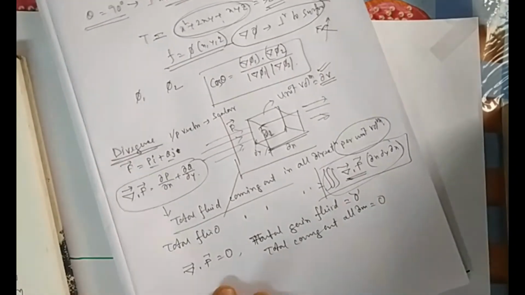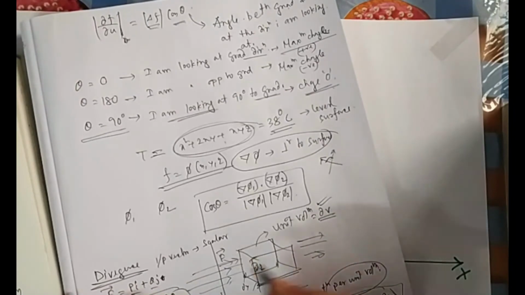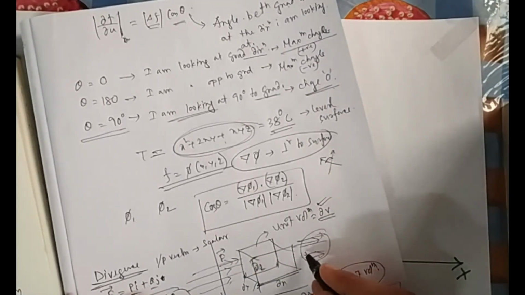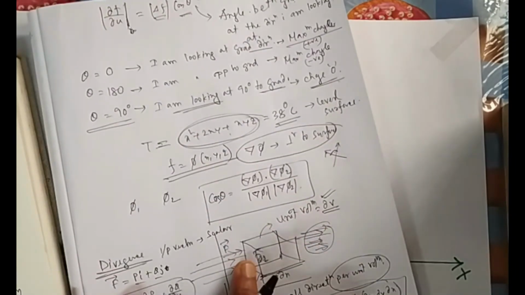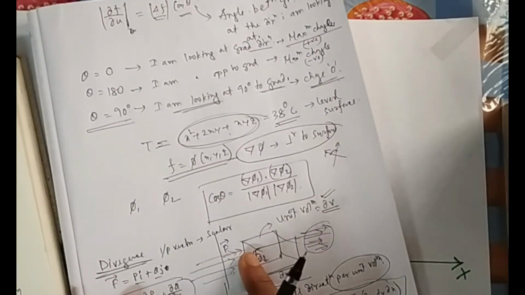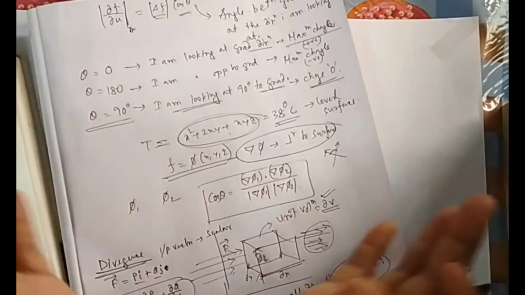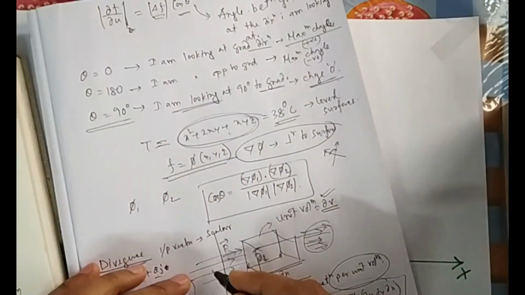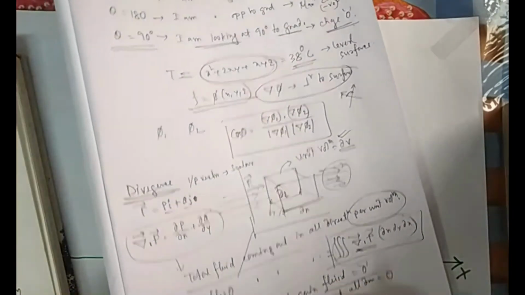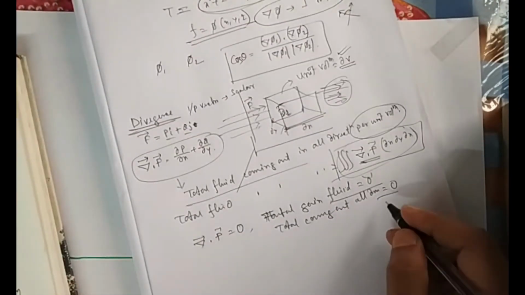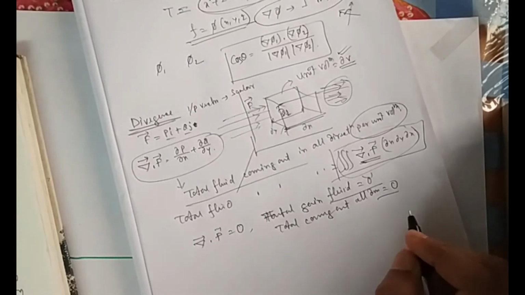You remember, all directions, because here if it is coming in, it is going out elsewhere. Suppose 10 liters is going out in the positive direction, so plus 10 liters is out. Here minus 10 liters is out, because 10 liters coming in means, since I am checking outward, it is minus 10. So plus 10 minus 10 is 0. So the net gain is 0. So the total coming out of it is 0.